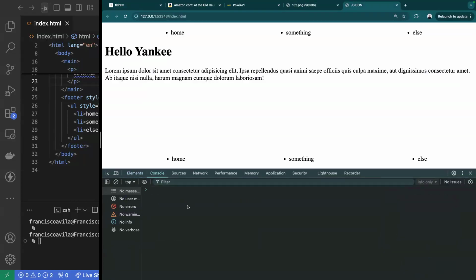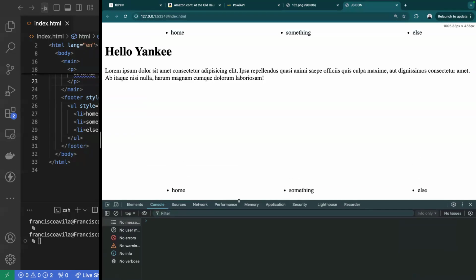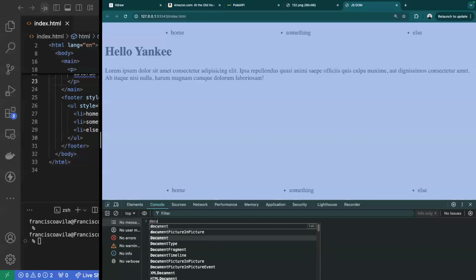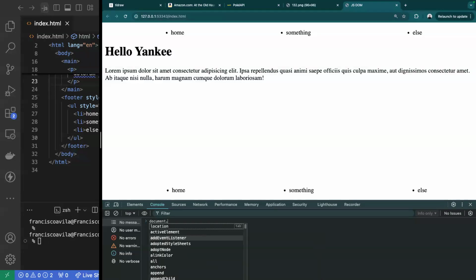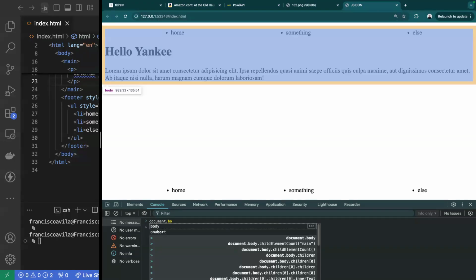But in the console, we can actually write pure JavaScript that will interact with the DOM, or with our document. Let's go ahead and break this down. We've already talked about how we would access the entire document itself. We know that there is a parent named document. Now, inside of document, let's check if there is something like body. So inside of document.body,